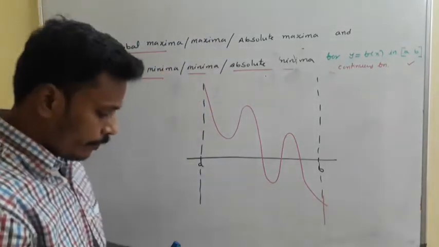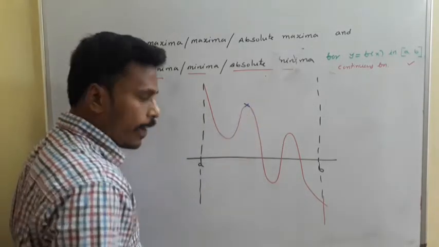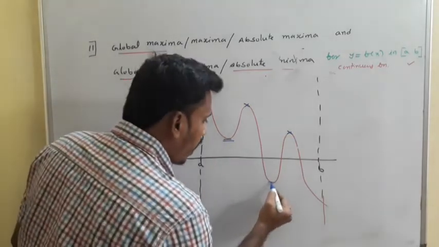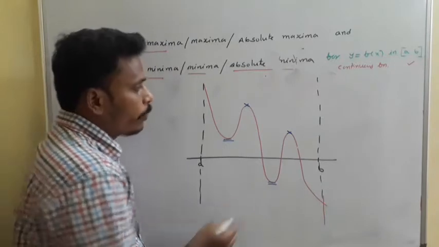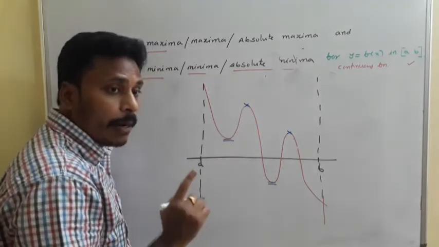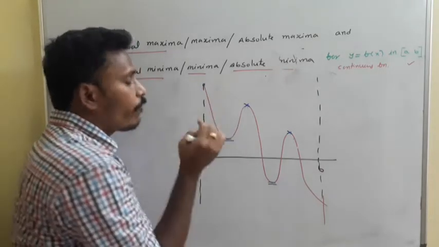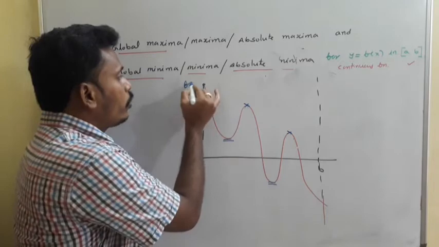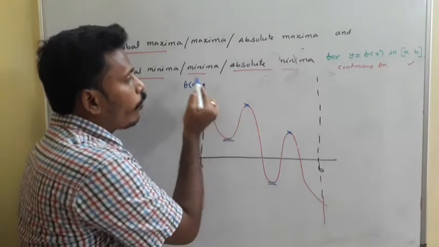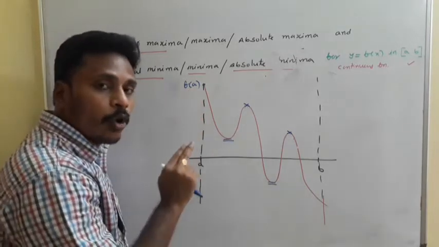If it is the graph, see, usually what are the local maxima points? This is one local maxima point, this is one local maxima point, and it is a local minima point, and it is a local minima point. But among these two values, if you compare, this value is maximum, but if you observe, the graph is still moving like that, and this is also a functional value. At A, this functional value is f of A. So we need to compare these three values to find global maxima. Among these three, this f of A is maximum, so f of A is the global maxima.